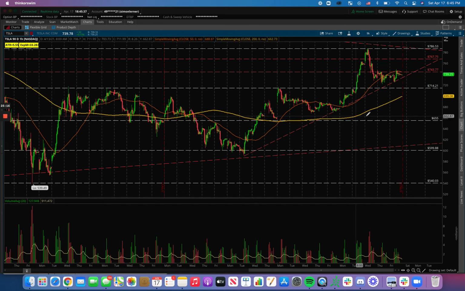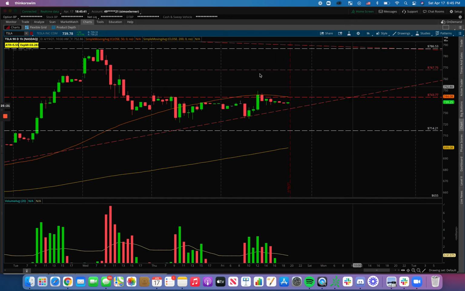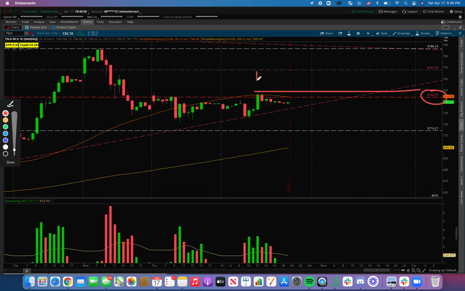It's important to have these levels established. So now that you see, I can start forming my game plan. Until Tesla starts moving outside of this 743 level, whether it's on the upside, maybe above this previous high, or below this previous low of 730, I'm not really interested in taking trades. It's consolidating here. I want to see what happens in this little empty space between these two levels, until it starts breaking out either on the upside or the downside, there's not going to be